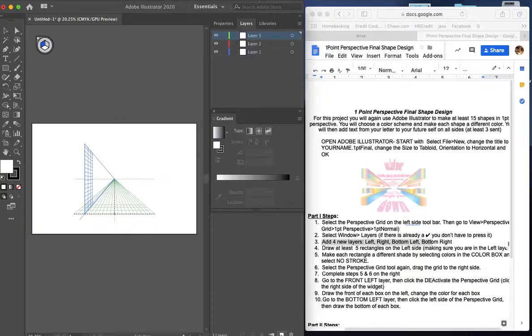bottom left, bottom right. So rename them those titles by double clicking on it and then just typing in left, right, bottom left, and bottom right. These are the sides of your shapes, and I'll explain as we get to the next few